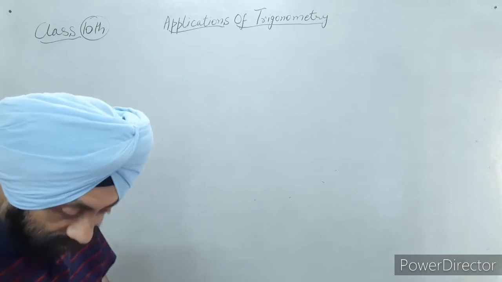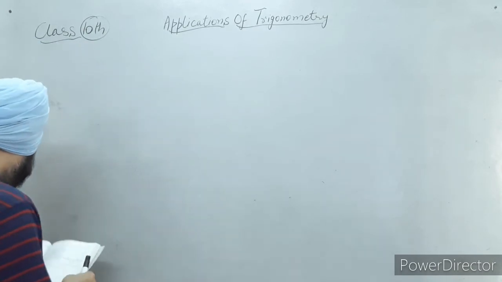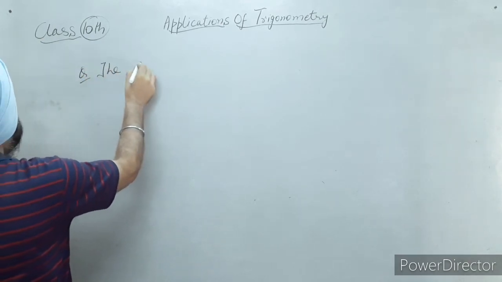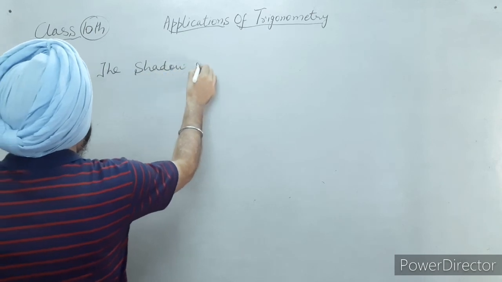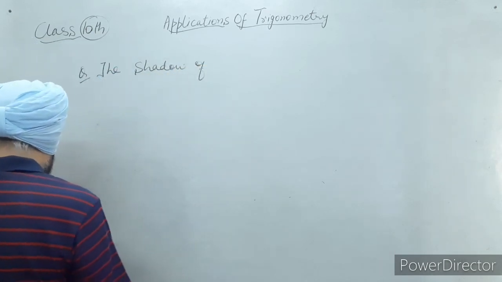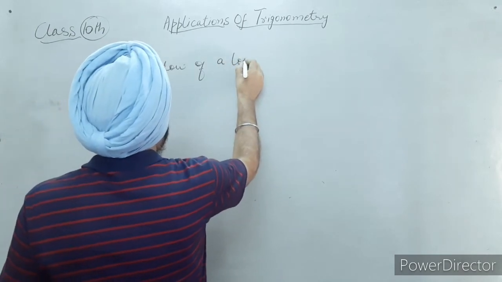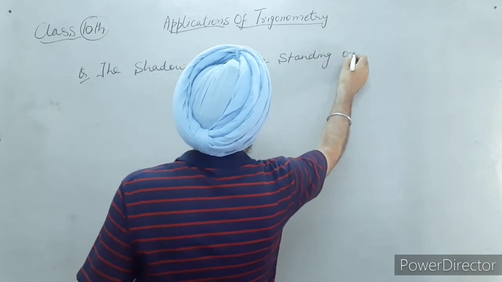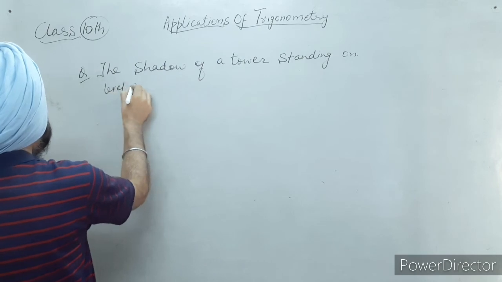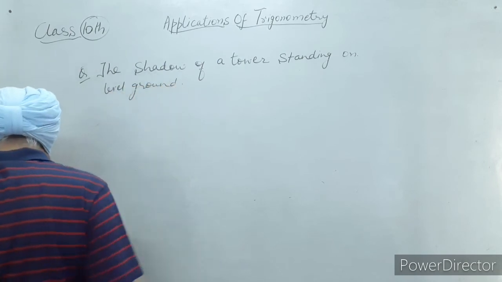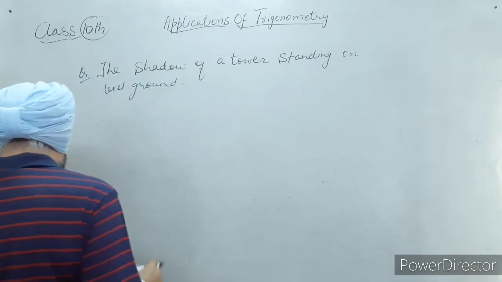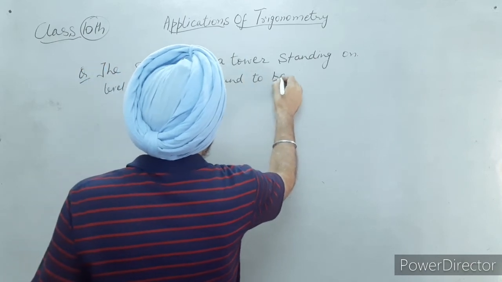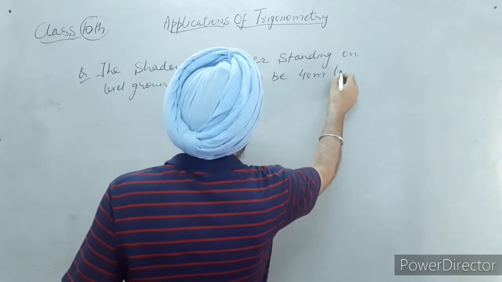Sum is solved. Now, question is, the shadow of a tower standing on level ground. Let me write the question. It's a very interesting one. The shadow of a tower standing on a level ground, obviously the ground will be leveled, is found to be 40 meter longer,